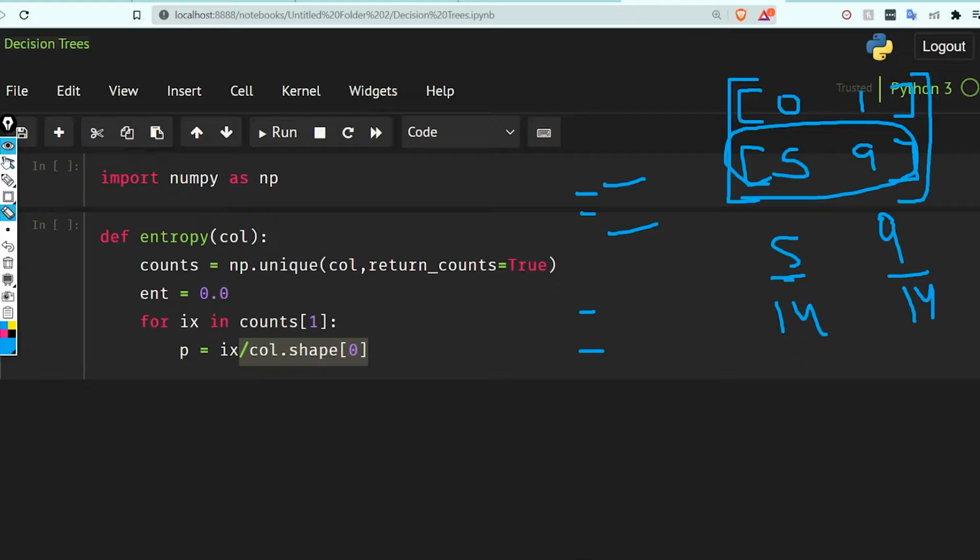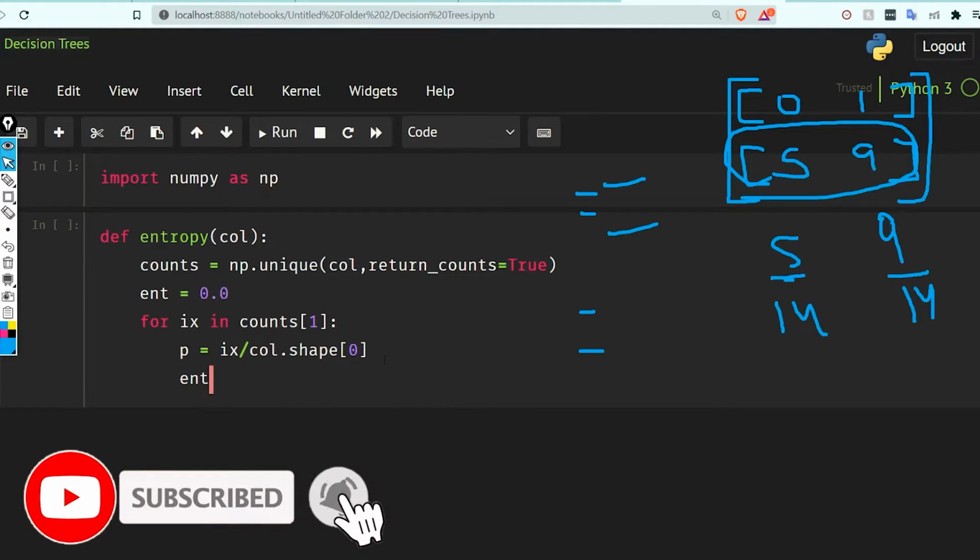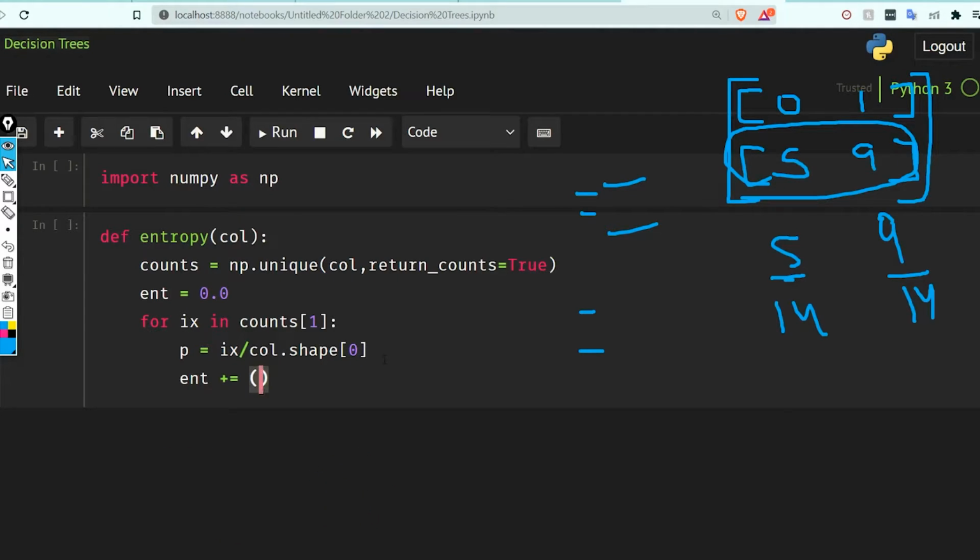I think that it is easy. Then entropy is going to be plus equal to minus 1.0 into p into np.log2(p). Yesterday I forgot to add this negative, because the formula is basically minus summation 1 to n of p log p.